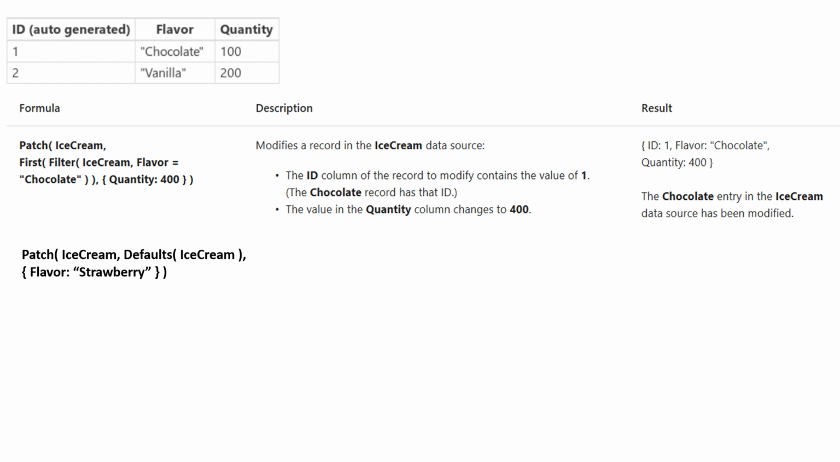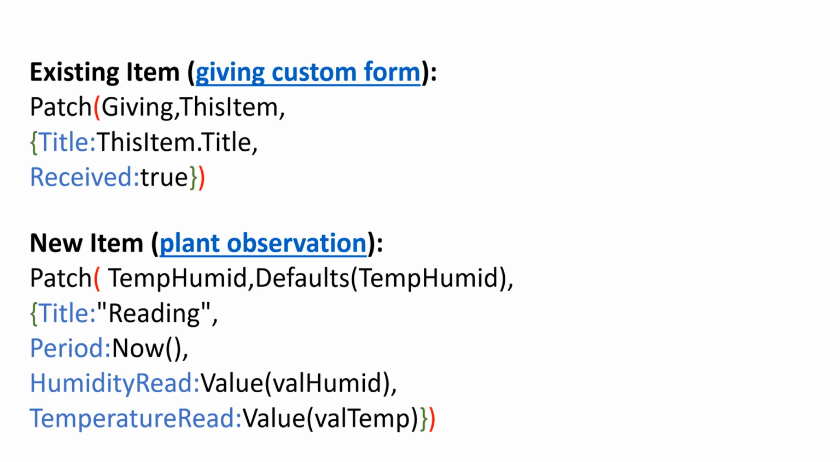And then in the second syntax example here, this is when you're submitting a brand new item. So in that case, you always use defaults and the list name that you're updating for a brand new item. And I'll show you when I did that. So I'm going to take you back to